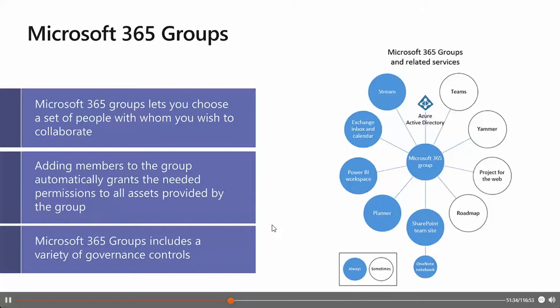When you create a team, a Microsoft 365 group is automatically created to manage the team membership. The group's related services, such as the SharePoint site, Power BI workspace or others, are created at the same time. People who create teams can choose to use an existing Microsoft 365 group if they are an owner of that group, for example. Each channel in the team has a separate folder in the document library. Creating folders directly in the document library does not create channels in the team, just as a small hint on this side.